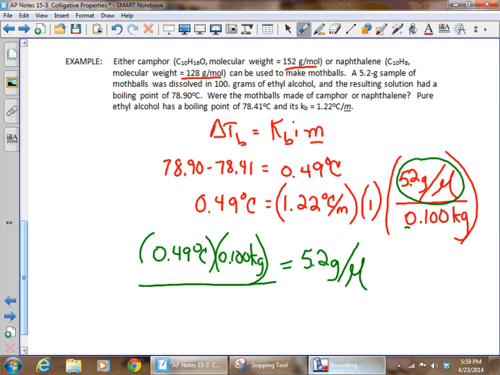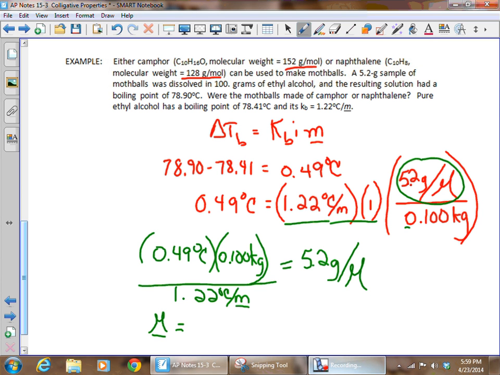And we're going to divide by the 1.22 degrees Celsius per mole, and also divide by 1 here, but put the 1 down. It doesn't do anything. It doesn't change anything. So what that ends up with is that the molar mass is equal to,